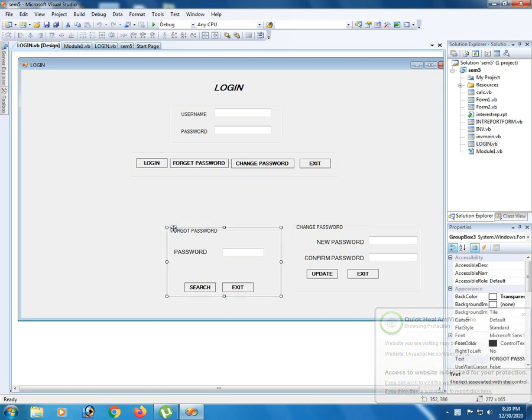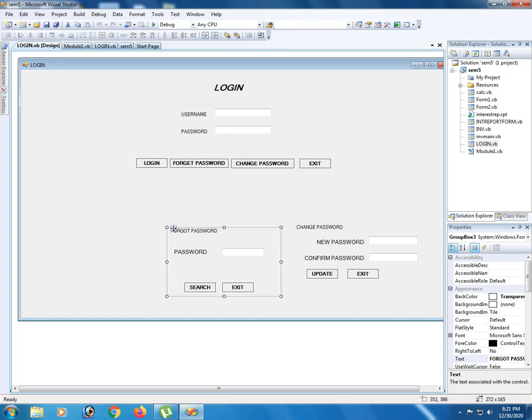You can move it anywhere, and all those elements will move automatically. When the form loads, you can see group box 3 and group box 2 have Visible equal to false. So at run time you cannot see the forgot password and change password group boxes.